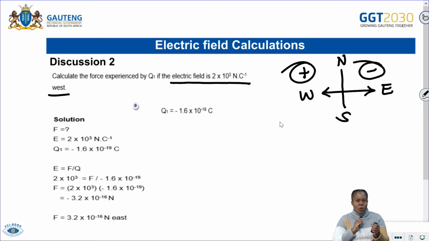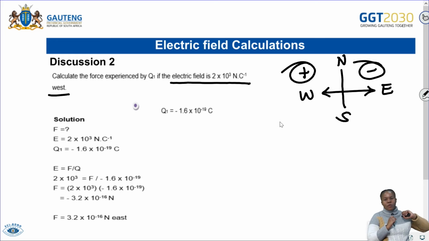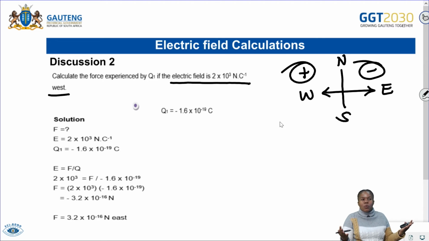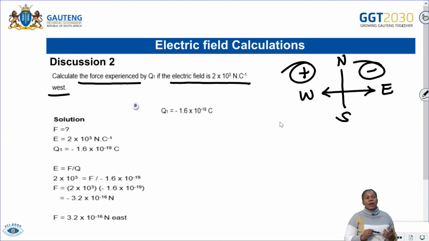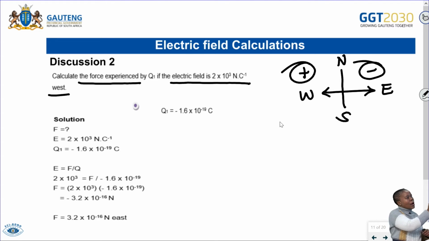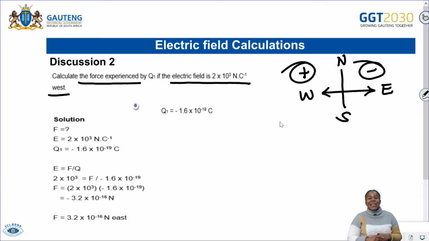What is it that I want? I don't have the force, and it's what the question wants: calculate the force experienced by this charge Q1. I have the electric field as 2 times 10 to the power of